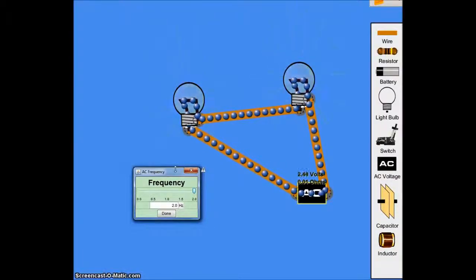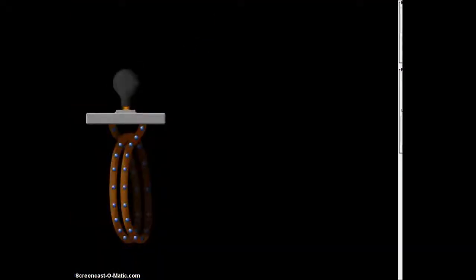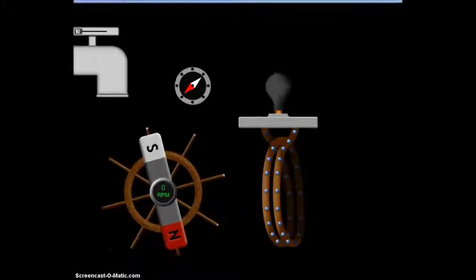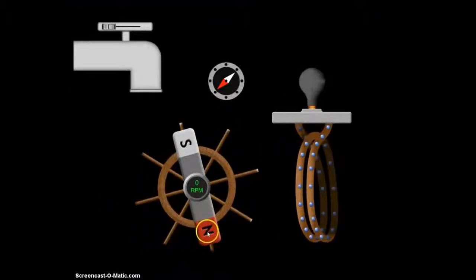So we're going to jump to another program in a second, but I'm going to show you how this is done. And we can remember that like forces repel each other, electrons repel electrons, and opposite forces attract each other. So we've been talking about magnets a little bit, and alternating current is made with very big magnets moving very quickly. And we're going to go to our program over here. And this is a magnet right here, North Pole, South Pole. You can kind of think of this as positive, negative. Here's a wire coil with electrons in it.